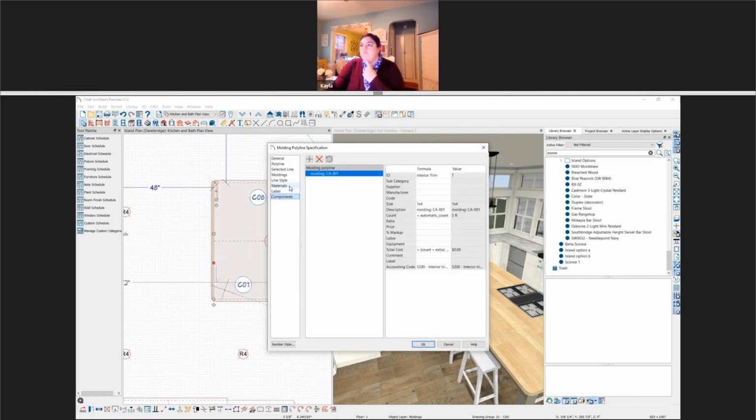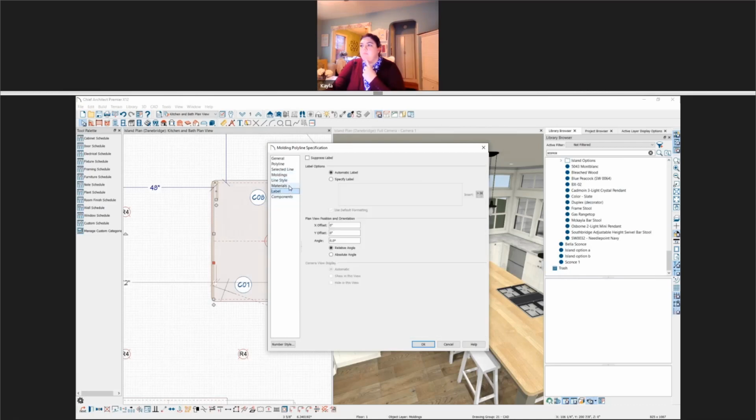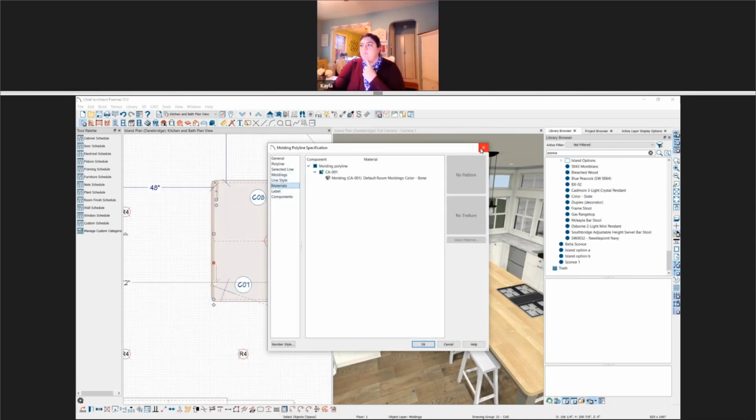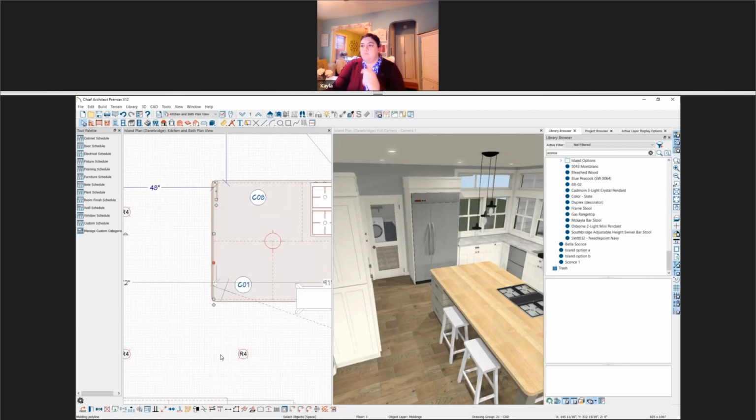Because that's what I would need to do. I can certainly do that, and that's fine, not a big deal. Happy to do it. But I just need to be able to add that polyline to a schedule. So that way, when I print out my cabinet schedule, that's the order for the cabinet manufacturer, I have all the components necessary. Okay.